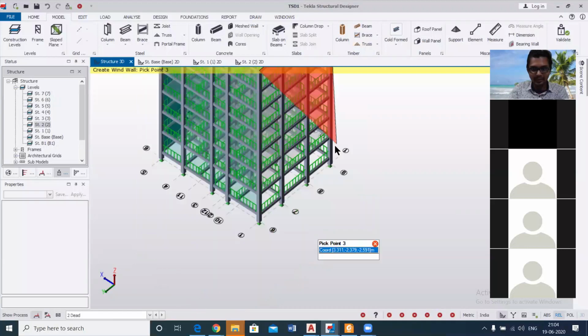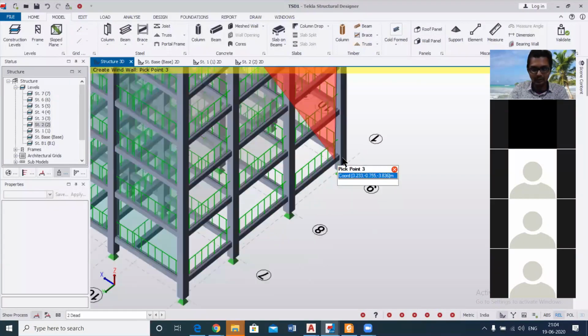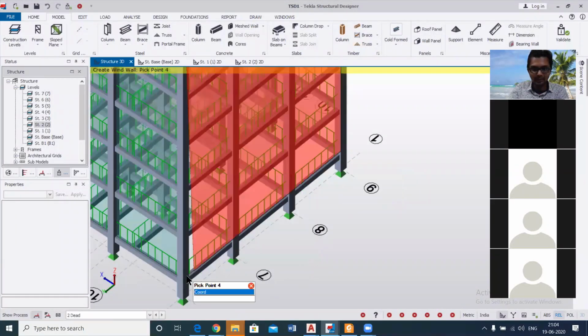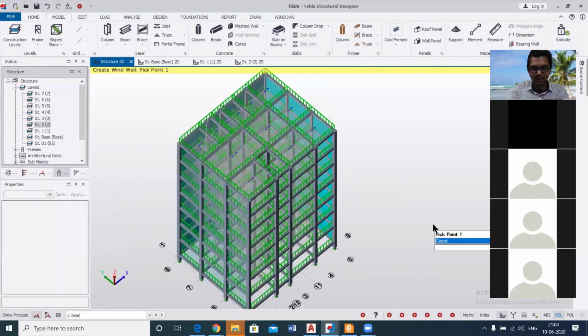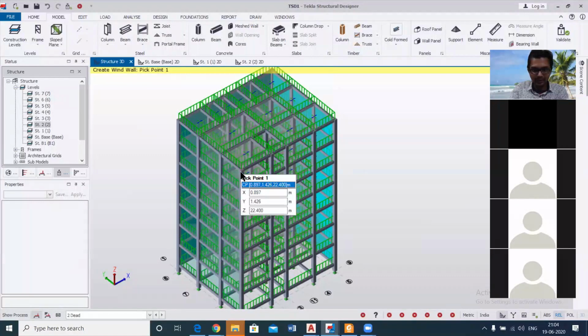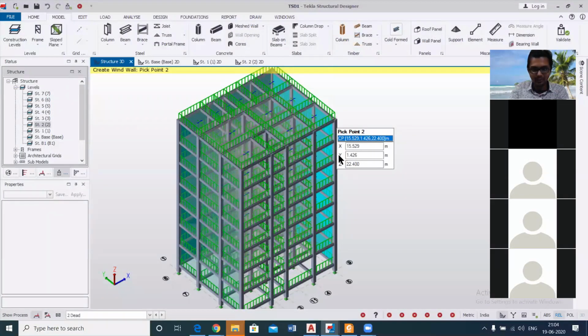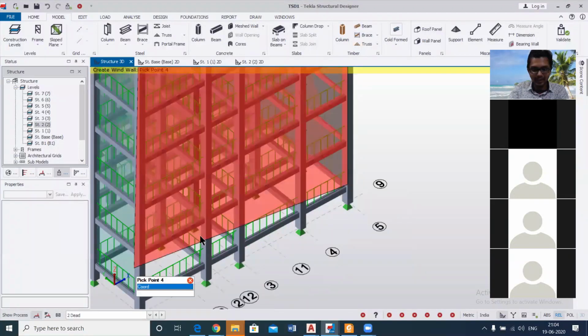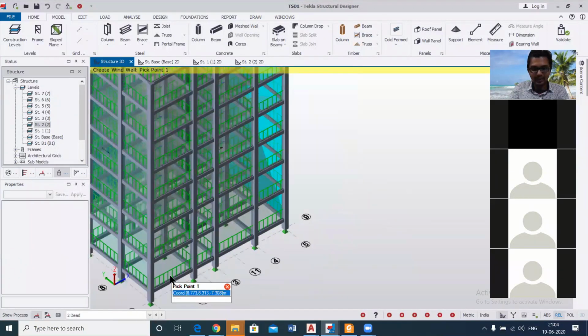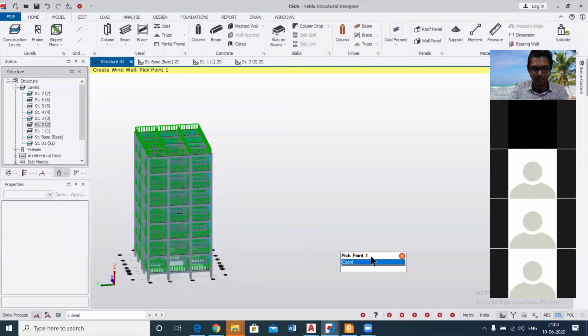And all this design you can do manually as well. All the wind load designs, all the seismic load designs you can do manually. Software is just a tool in which you can do it fast, but the basics and the concepts should be clear. Only after that can you get the final results properly. And in our course also we'll teach only that, how to get the final output.